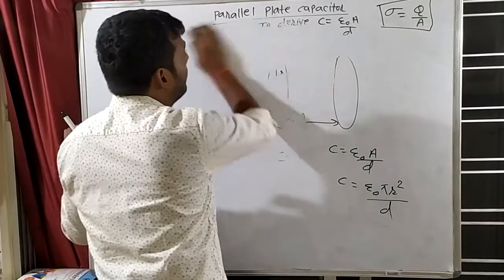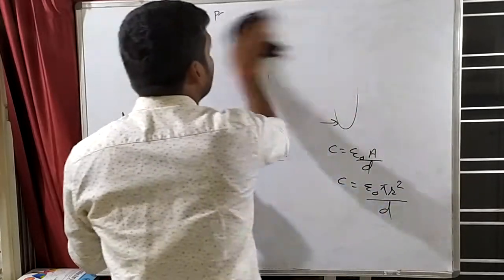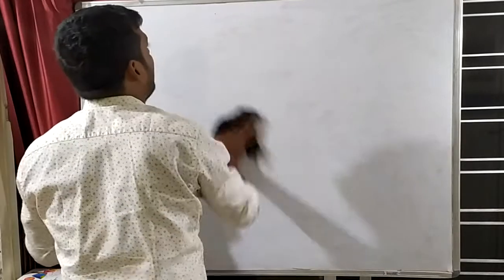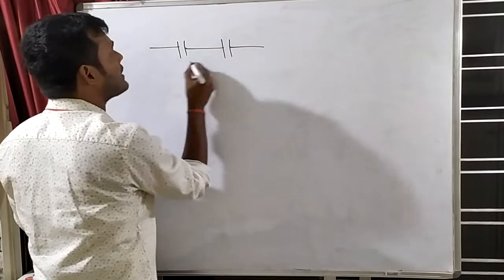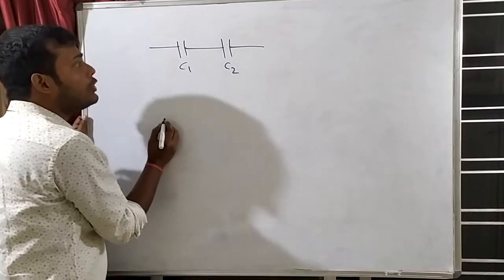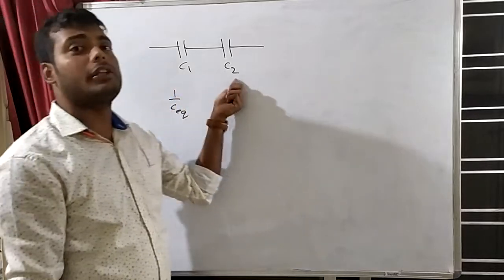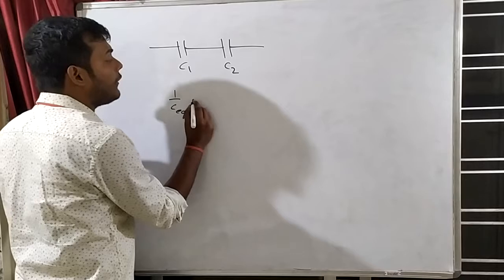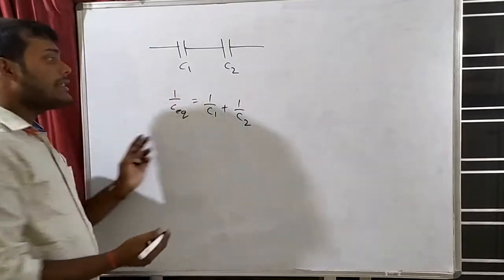On the basis of combination of capacitors, I am just revising certain things and then I will take some numericals. Clear? I have already taken all these concepts in my previous lecture, but again I am revising them. Suppose there are two capacitors connected in series, let's say C1 and C2. What will be their equivalent capacitance? These two capacitors C1 and C2 are connected in series, in a line. So what will be the equivalent capacitance? 1 by C equivalent is equal to 1 by C1 plus 1 by C2. Is it? So can we write this? This is a standard formula.